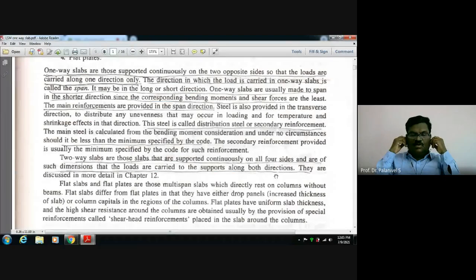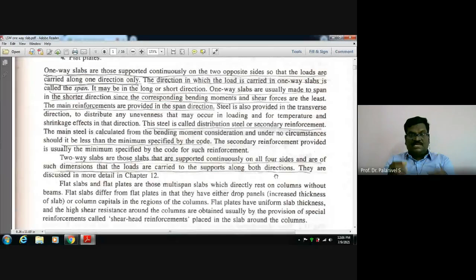Okay, but predominant, that you must remember. It's the natural tendency. You can visualize it and demonstrate it by putting your notebook up like a wall, such that the long to short span ratio is more than 2:1. That is a one-way slab. Then take a long to short span ratio of less than 2. You put a chart paper on it and add some distributed load, some weight, some sand, and pour it, and you can visualize the tendency of bending of that slab.